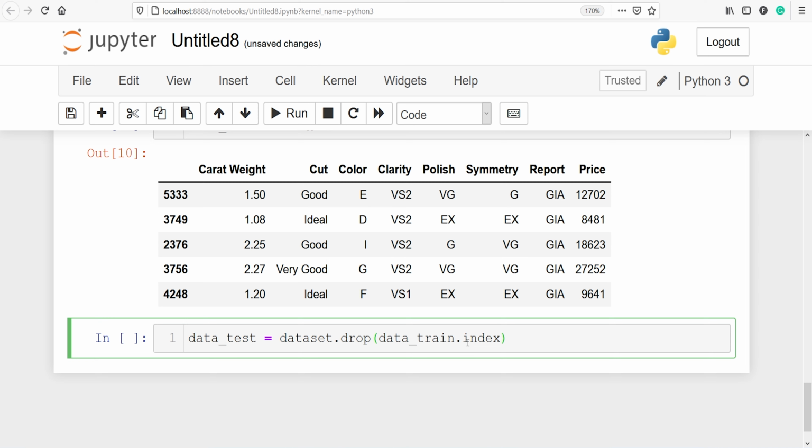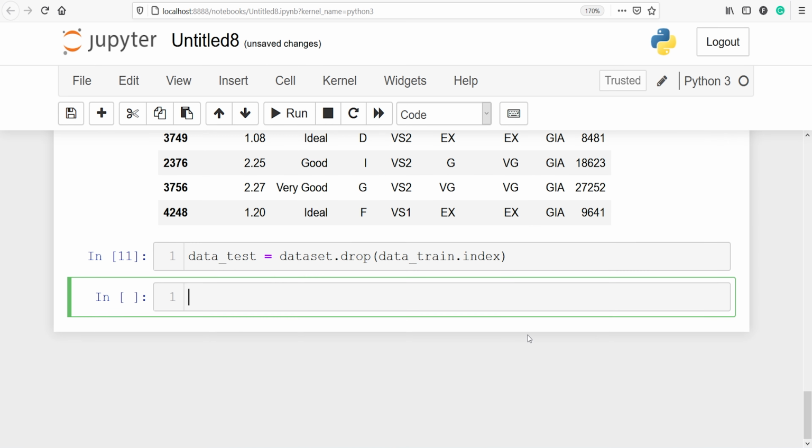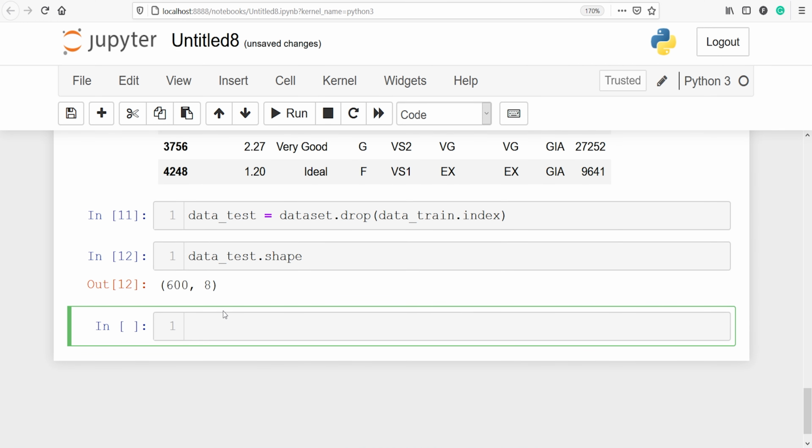So 90% will get deleted, and only the 10% will remain, and those 10% will come into our data_test variable. Let's execute our code. Let's check the shape of our test dataset, data_test.shape. In our test dataset, we have a total of 600 samples.